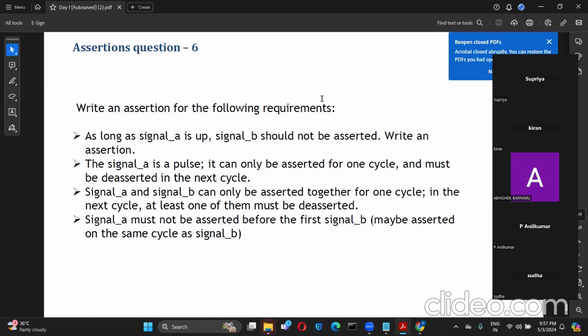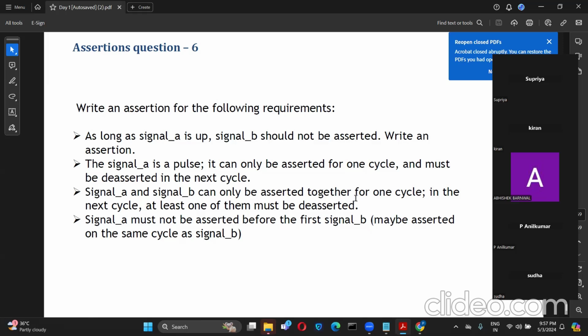It has changed from 1 to 0 or 0 to 1. So you can write not of dollar stable of signal A or signal B, like that also you can write. When it is deasserted, the dollar stable will return 0. So to use the dollar stable system function, in what kind of scenarios you can use, that's why I have taken